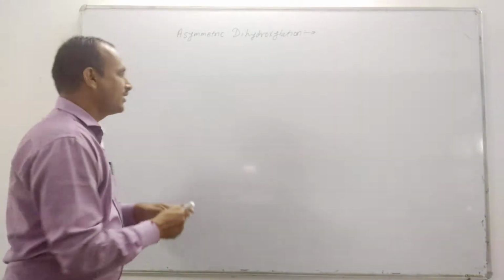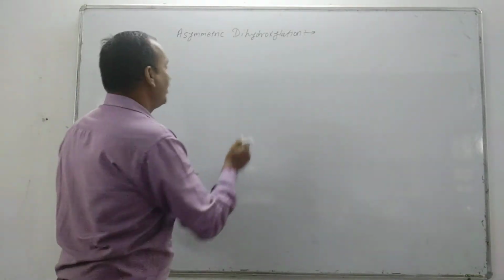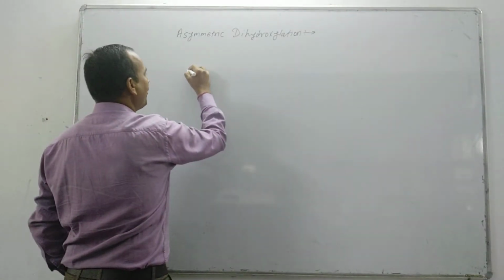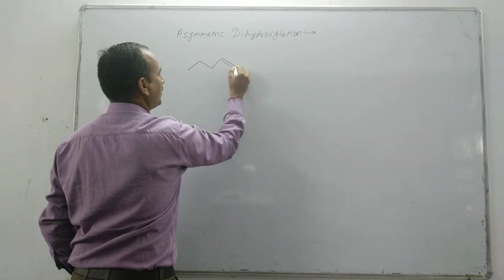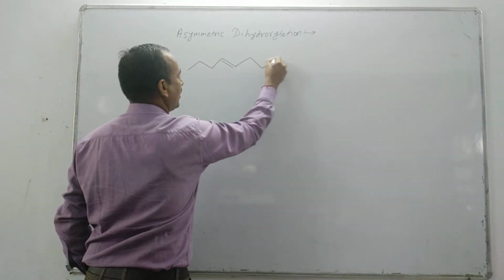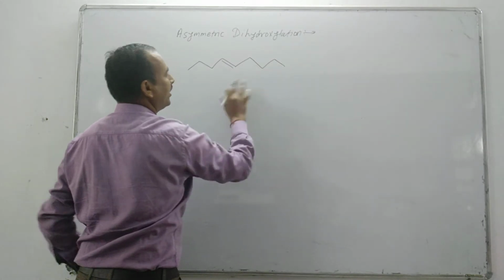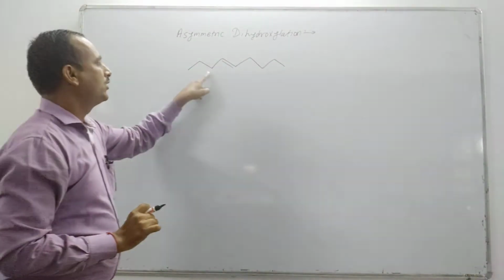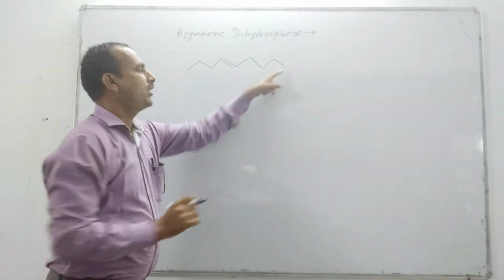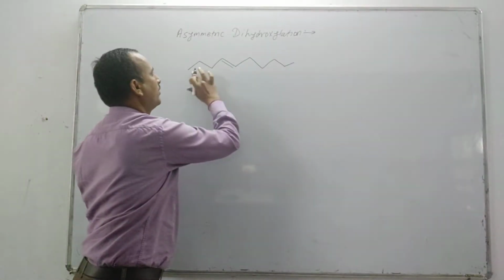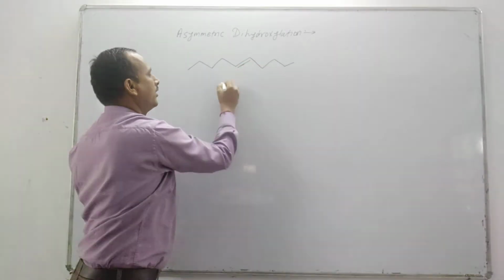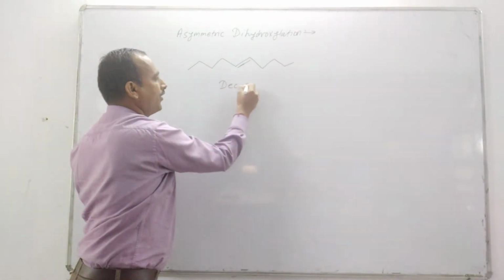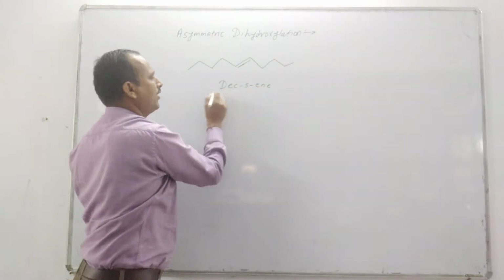So let's see the example of 5-decene. Okay, so this is the big 5 in 5-decene,